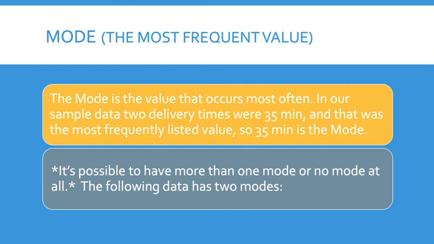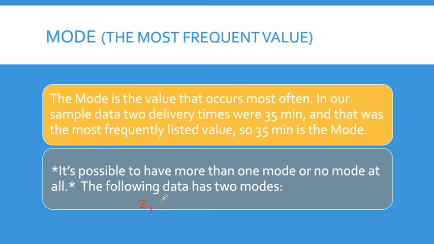How about the mode? The mode is the value that occurs most often. In our sample data, 2 delivery times were 35 minutes, and that was the most frequently listed value. So 35 minutes is the mode. It's possible to have more than one mode or no mode at all. The following data has 2 modes: